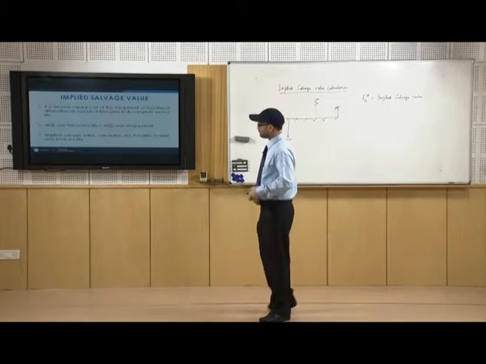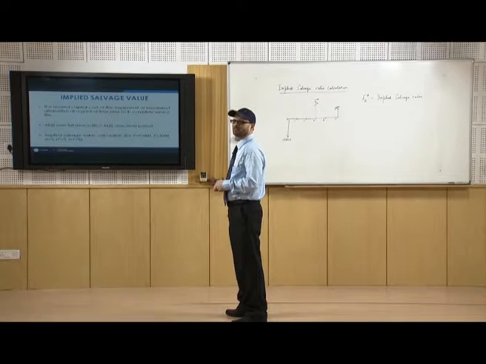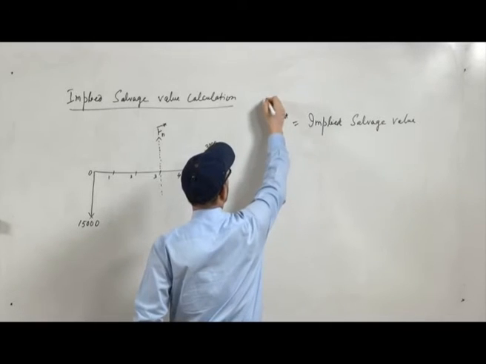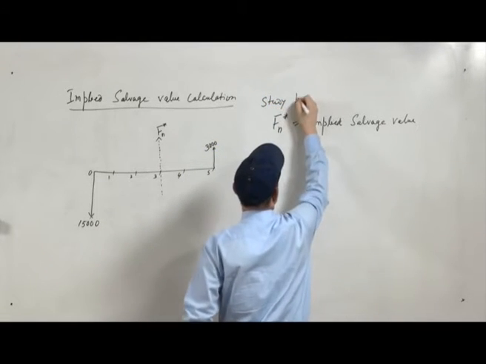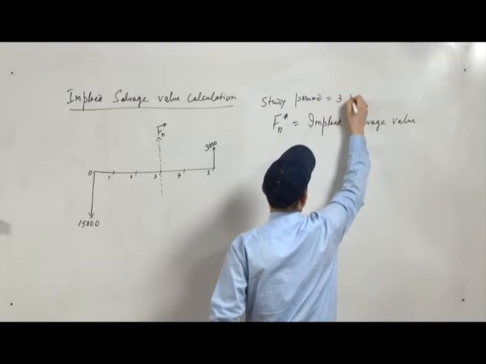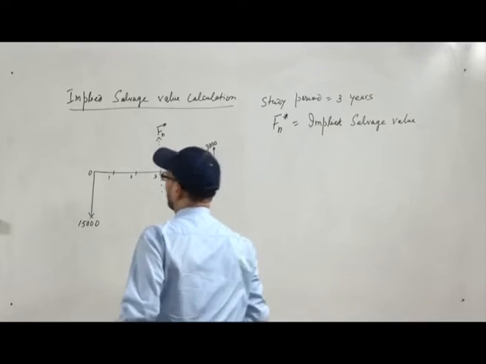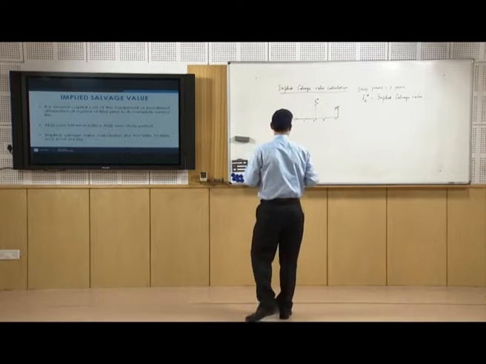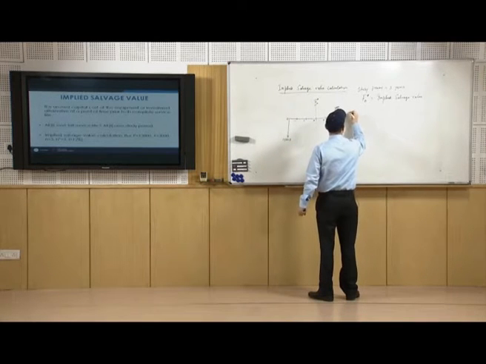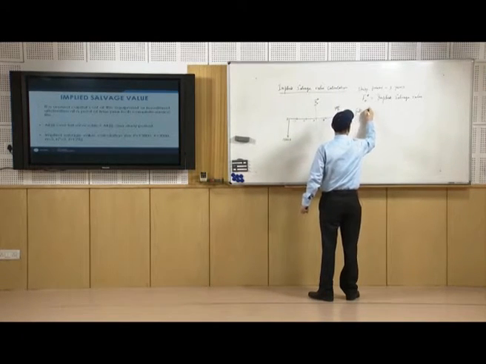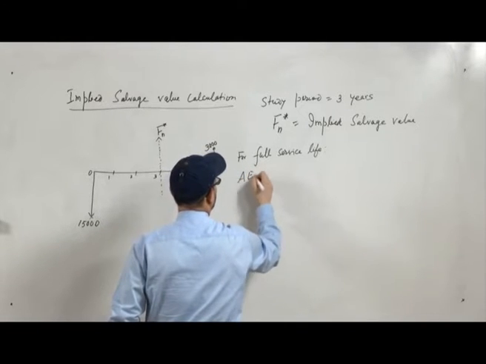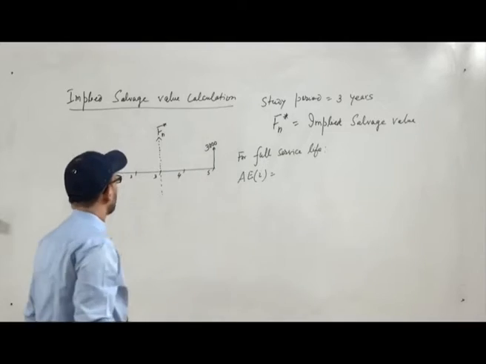Now what we see is that you will have to equate the annual equivalent value for the full service life to the annual equivalent value for the study period, and the study period here is 3 years. Because the study period was taken as 3 years, we are going to calculate the capital recovery with return cost, and that is the annual equivalent value. So for the full service life, if we find the capital recovery with return cost, that is the annual equivalent, it will be